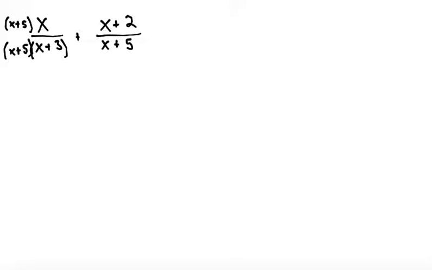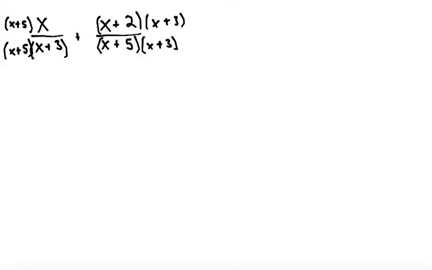And the same thing on the second fraction. If we need a common denominator, we can multiply by the other denominator, which is the x plus 3. Excuse me, x plus 3. And if we multiply the denominator to keep things the same, we'll need to multiply the numerator as well. Okay, so generally from here, what's best to do is to distribute the numerator but leave the denominator in a